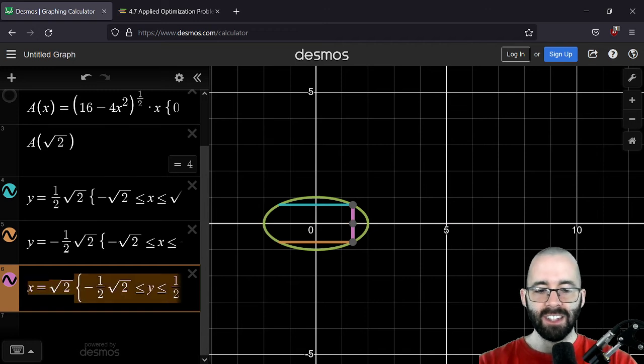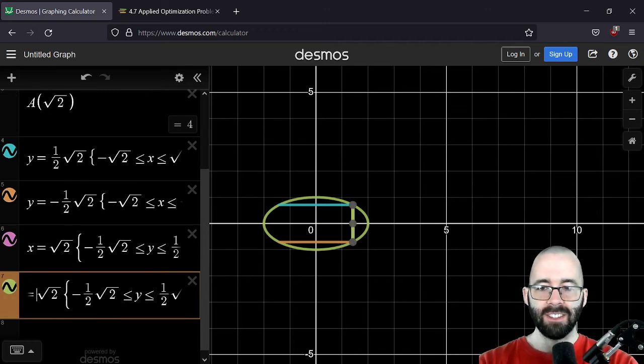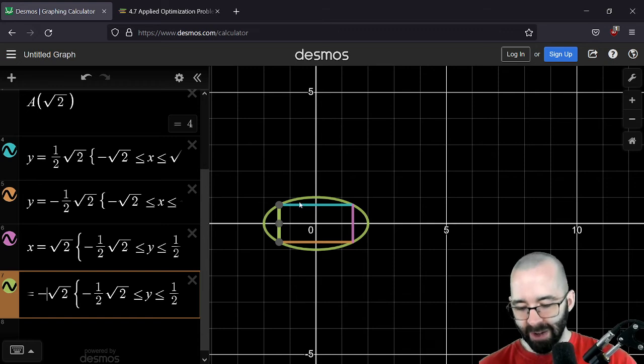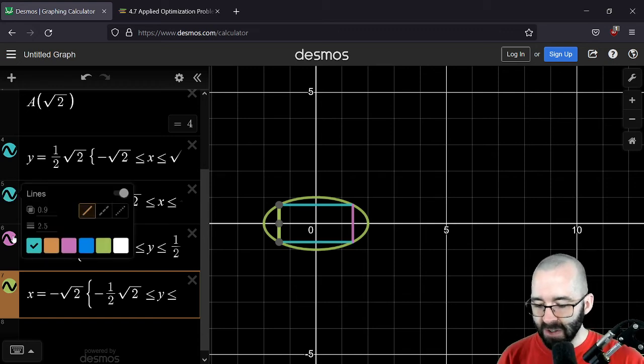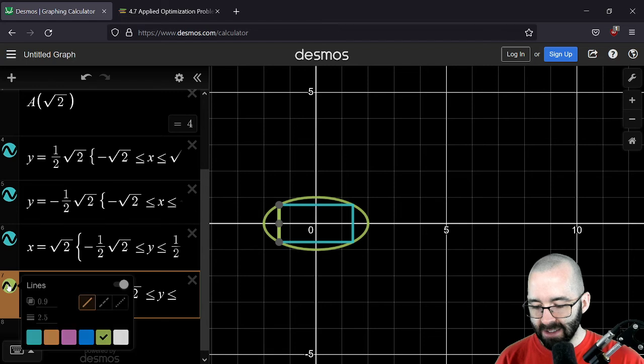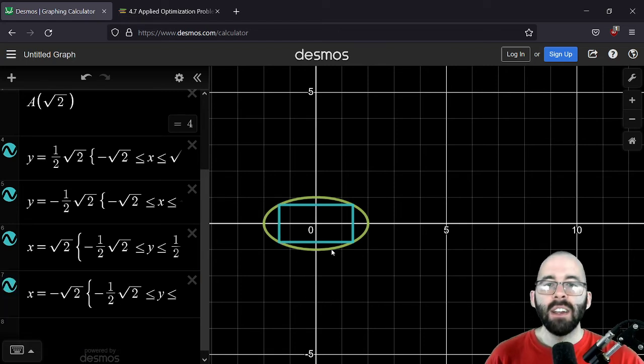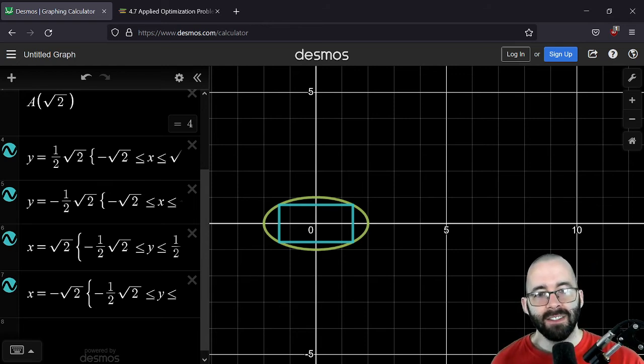There's a cool little visualization. And there's also the negative version of this as well. Let me know if you have questions on how I constructed this box. You may have done something like this in a pre-calculus class, but I'm going through it pretty quickly. So this is the box, the dimensions of the box, and we're graphing those dimensions using some tricks of piecewise functions. If you just visually look at it, it should make sense that this box does look like the biggest box that could be possible